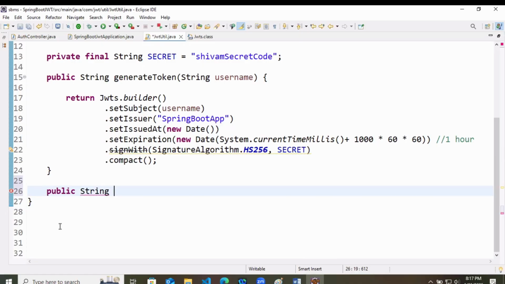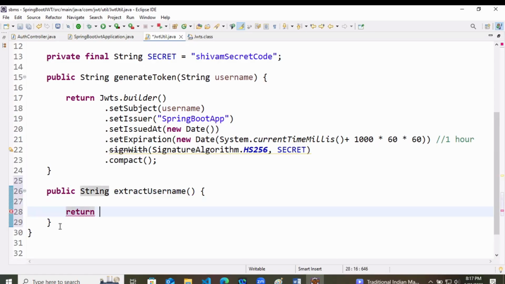So whenever a token is coming for validation, this will take the username from that token. So here, extract username, the method name I am keeping as extract username, and return the string.